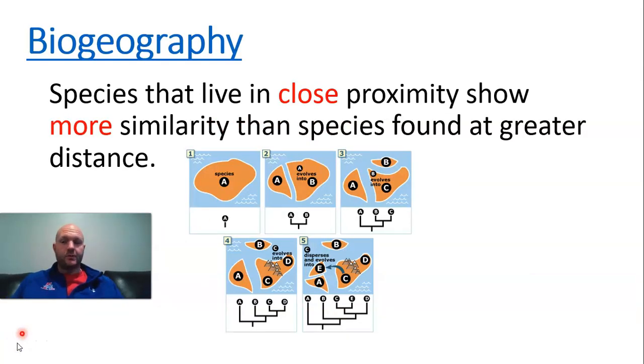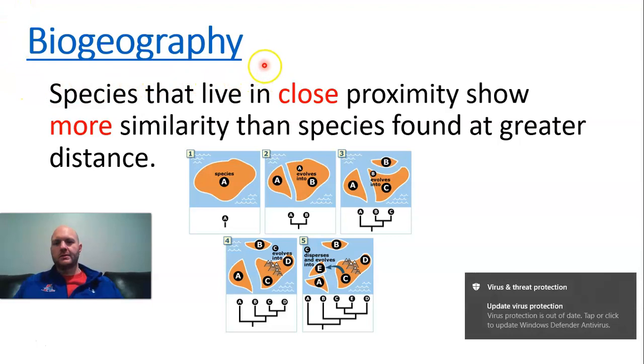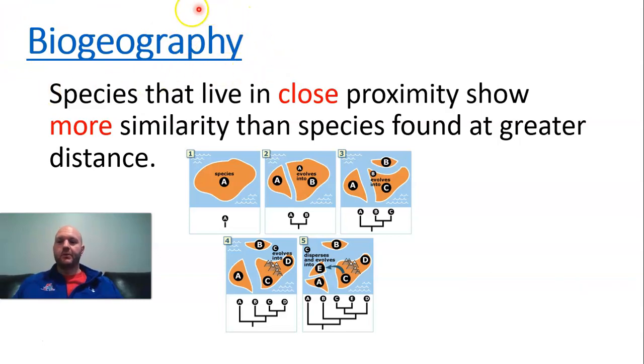Biogeography is a pretty simple concept. If you are at home looking at this, which you probably are because you're quarantined because of coronavirus, virus threats and protection. How pertinent. There are simple things. If you want to click on this link right here, which is the biogeography section, there's